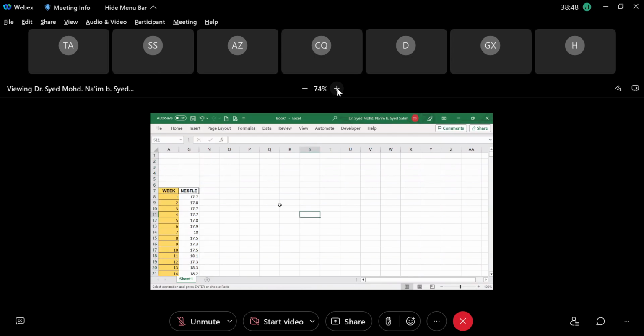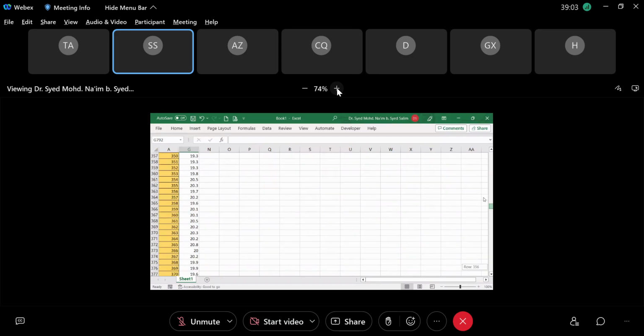Then we have weekly data, increase to total that. This is weekly observation. So first of all,